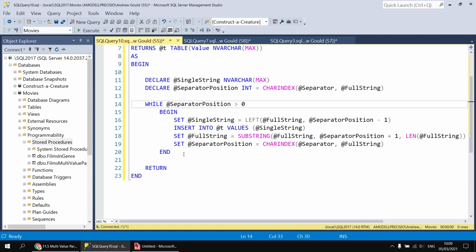So there's one more thing we'll also need to do. If we imagine we'd reached the end of this loop, we have a string that just has the letter C in it, and we set the separator position by looking for a comma in that single character string. Then the separator position becomes 0, so it goes back to the top of the loop. It establishes that the separator position is not greater than 0, so it wouldn't insert that final character, that final